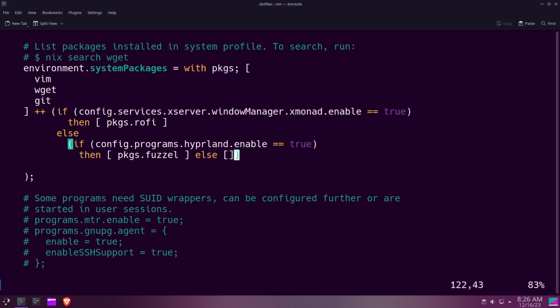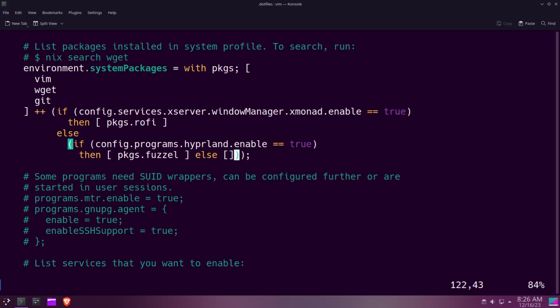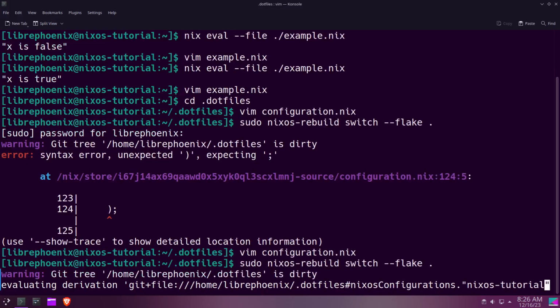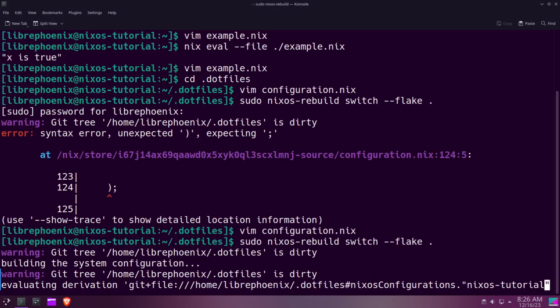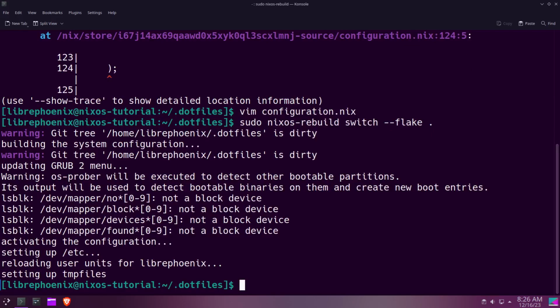No, I had an extra parentheses. That's what I had. There we go. Okay, we try rebuilding this then. It'll, of course, at least rebuild, telling us that the syntax is okay. But it didn't really do anything for me right here, because, you know, this is my VM tutorial setup. But in any case,